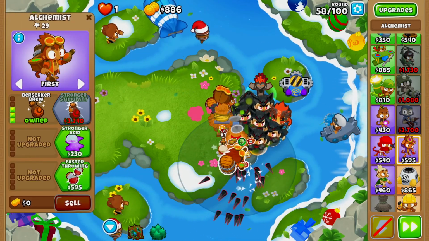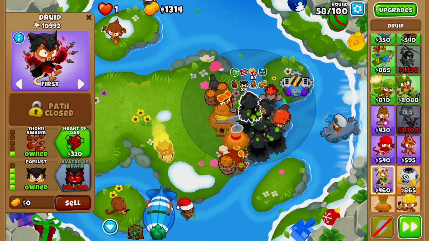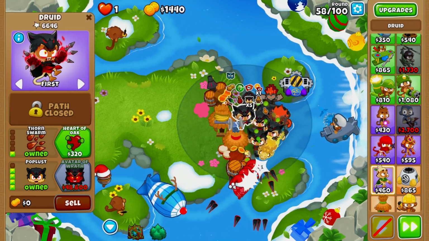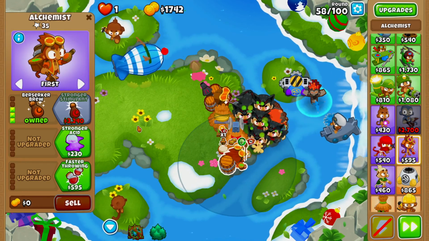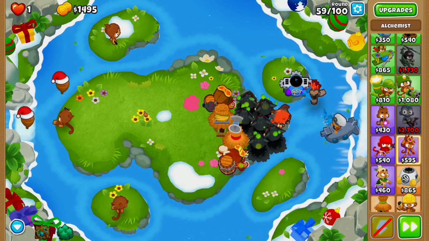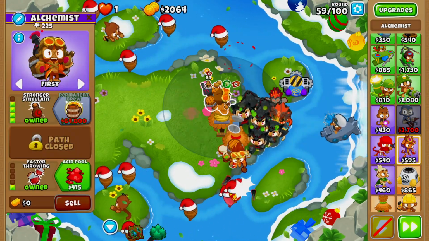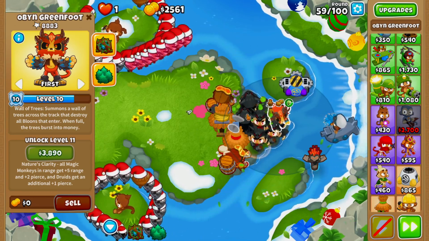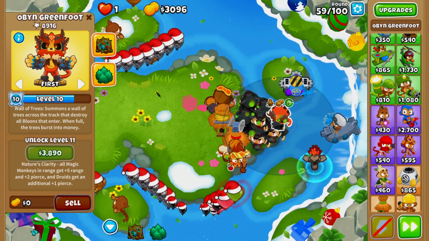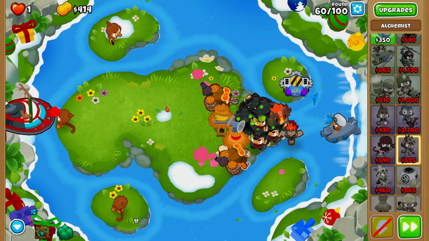So let's go ahead and upgrade this one to Stronger Stimulant as well. And as you guys can see, a majority of our druids should be staying buffed from the Stronger Stimulants. Alright, and we should be able to afford Stronger Stimulant, as well as we're going to buy Faster Throwing to make sure that all of our druids are staying buffed. And then our Obyn should catch a little bit of a buff every now and then as well, but if he doesn't, again, it's not that big a deal. Alright, there we go. There's our Stronger Stimulant, and there's our Faster Throwing, and now we are good to go,